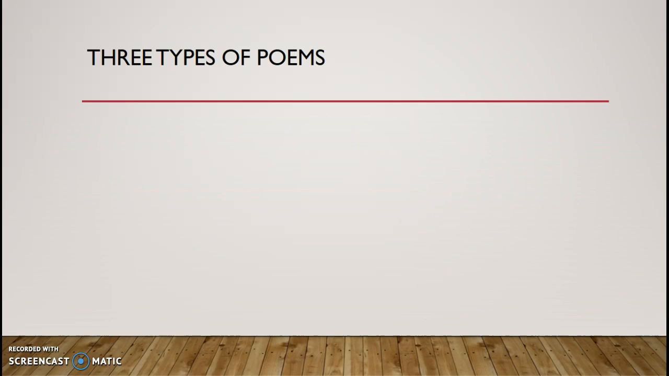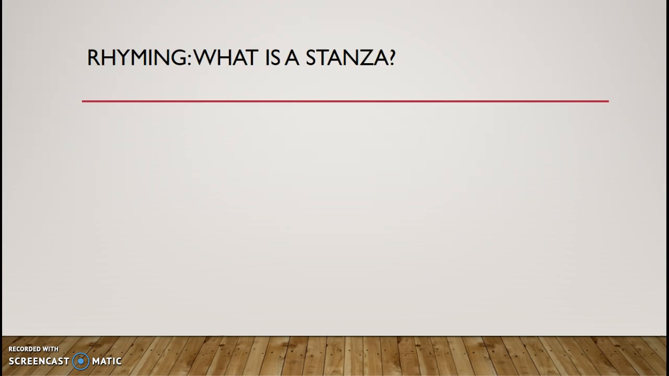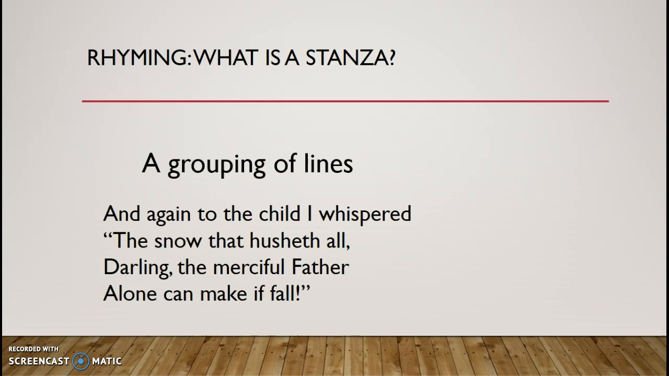So there's three types of poems specifically. There's rhyming poems, acrostic, and haiku. So rhyming pretty much is what you would expect. But within rhyming, there are lines which are called a stanza. So they're a group of lines. So here I've given you an example of a group of lines that